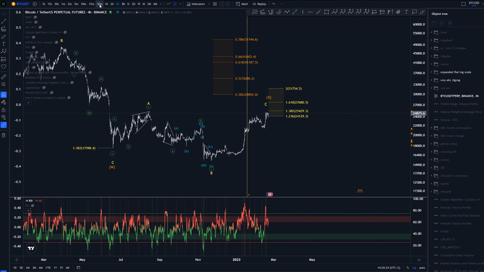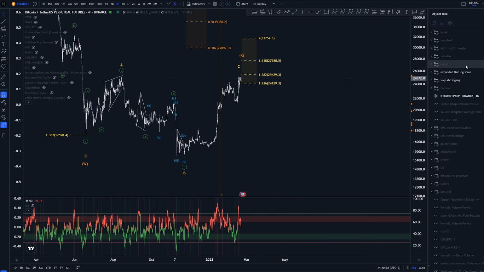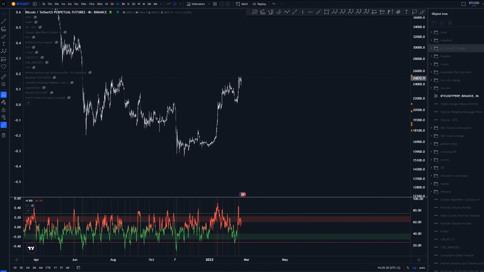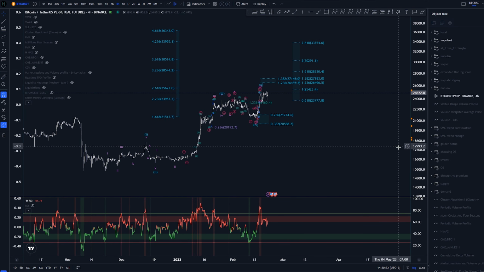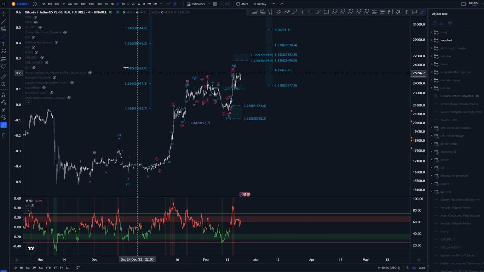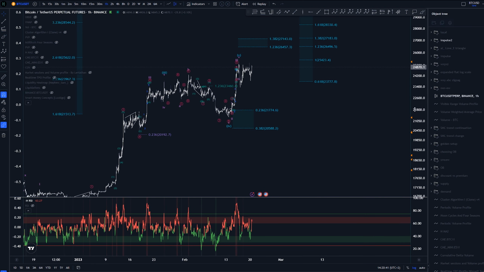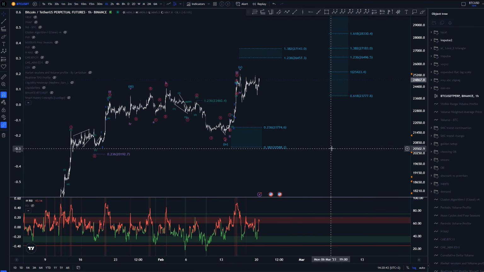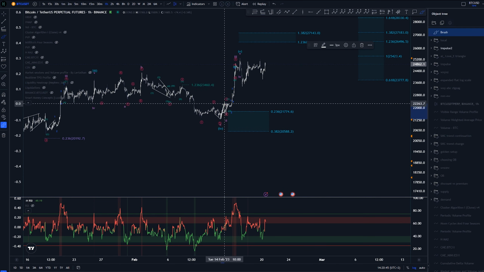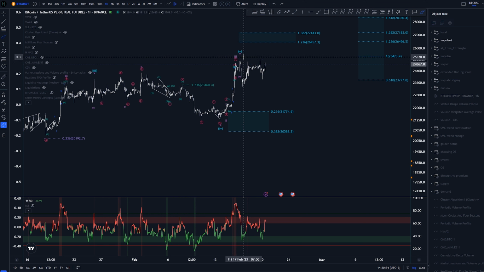So let's take a closer look at this whole structure that we had as a potential C wave or the start of something. That was this count here, where we would have this as a 1, 2, 3, 4, and then looking for a 5th wave upwards. We've gone through this multiple times now, so I'm not going to go too detailed into it. Previously we were talking about the nested structures in here, and we indeed got that move upwards into the possible height of the 5th here around the 1-to-1 extension of